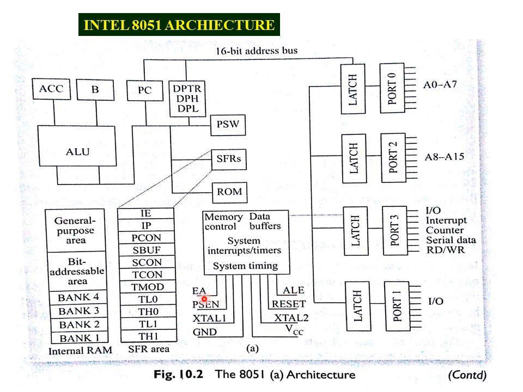And EA, this pin is used for external access. EA is nothing but external access. To access the memory device, this pin is going to be utilized. It is not effective address. It is called external access. To access external memory, this EA control signal is utilized by the 8051 architecture.